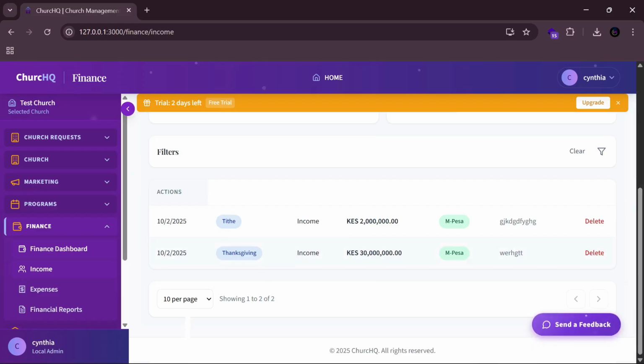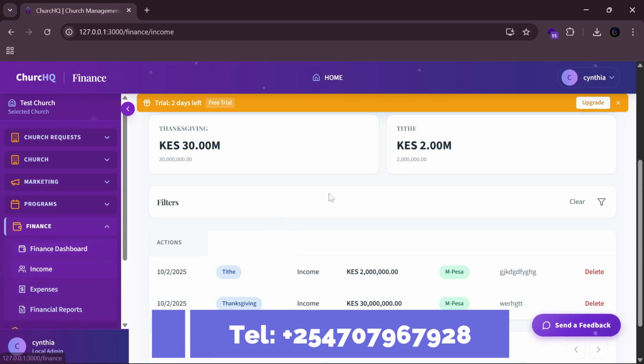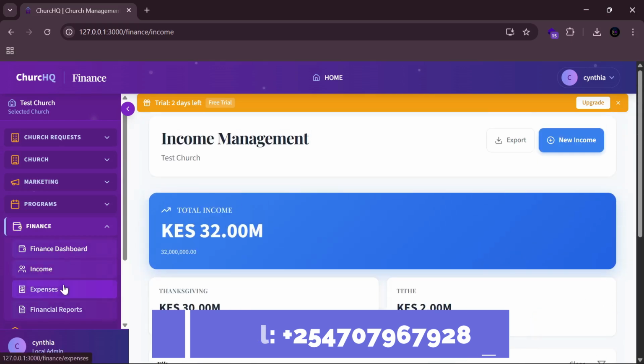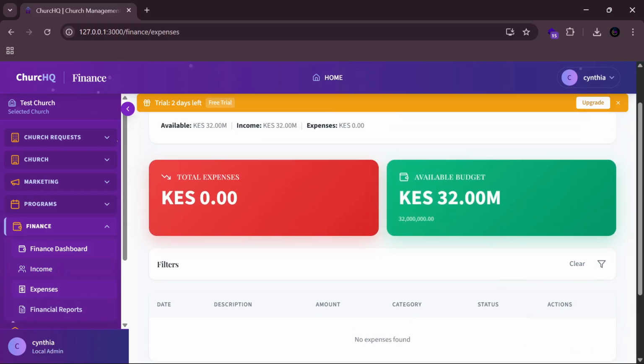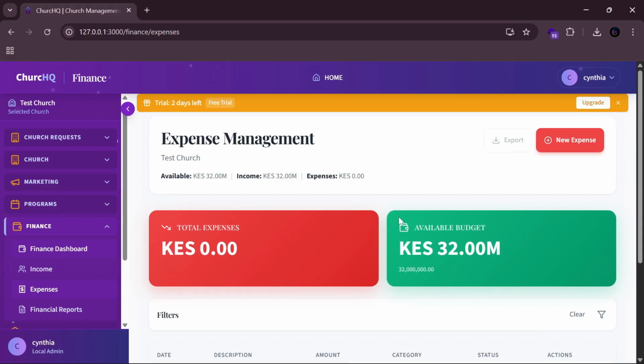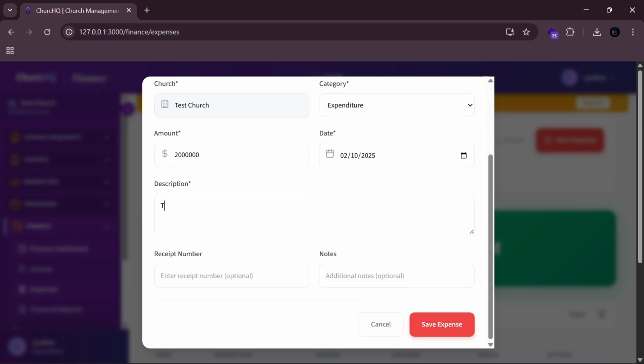So once you have the total income, the expenses are in sync with the income. You cannot use an expense that exceeds the income. So they are totally in sync. On the expense, it's going to show you the income as your available budget. So on your budget, that's where your expenses should be used. So here I'm going to select, for example, this expenditure. Then let's say 2 million. Then maybe this was to build